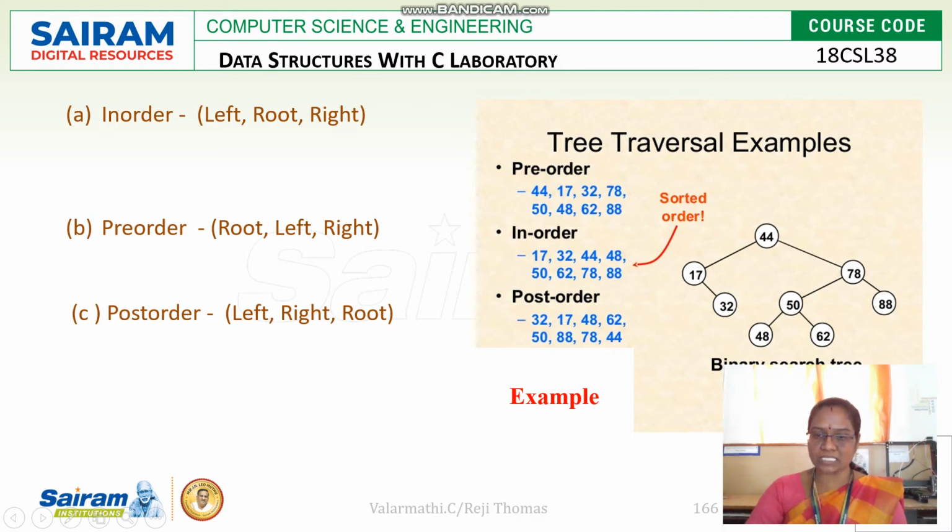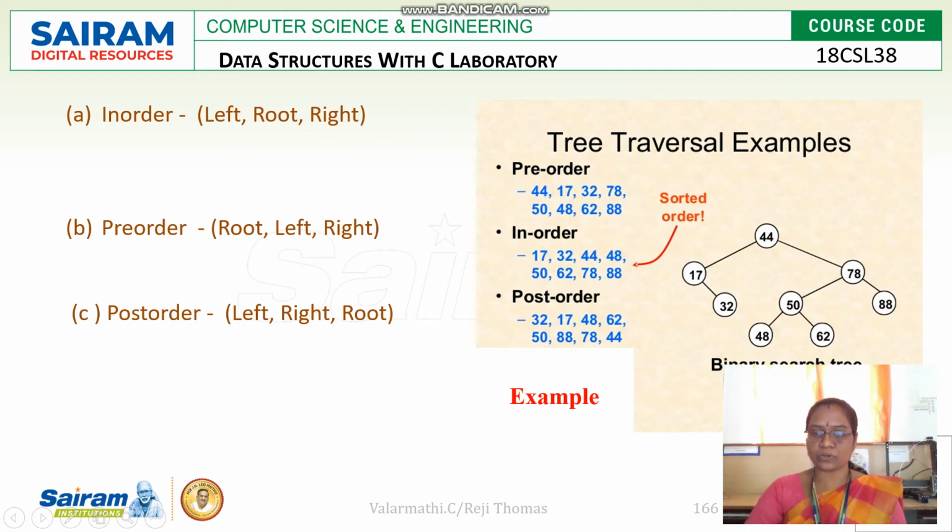Now 17 is considered a root node. It doesn't have a left subchild, so it goes to the right side. After the left is visited, it should go to the right side. According to the 17 root subnodes, 32 is the right side. So 32 is visited there as the third element. Then, as 32 is a leaf node, it doesn't have any left or right subchild, so it will move on to the root node.